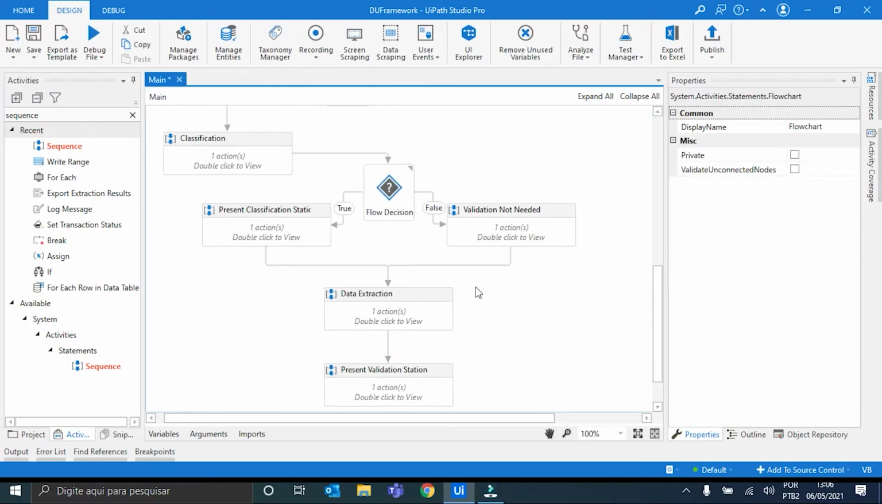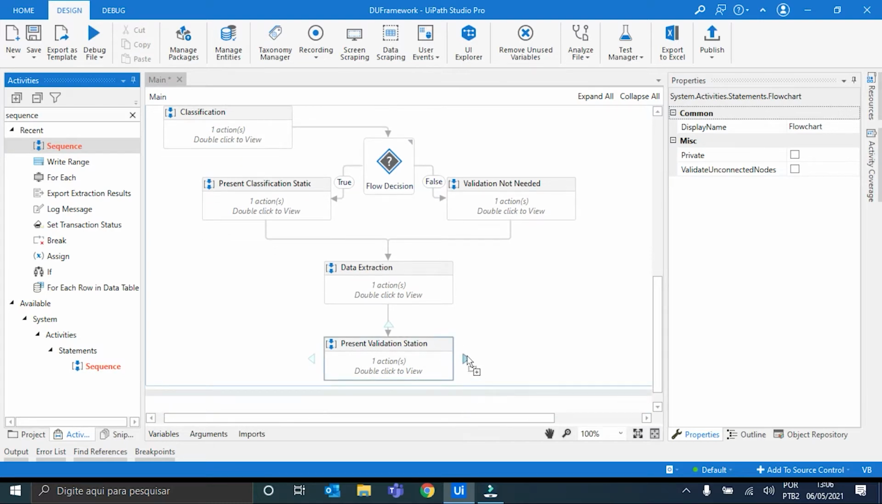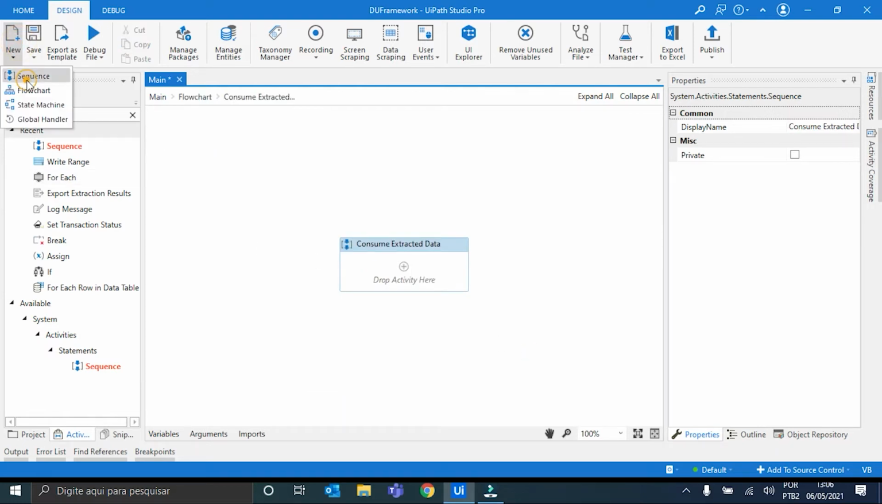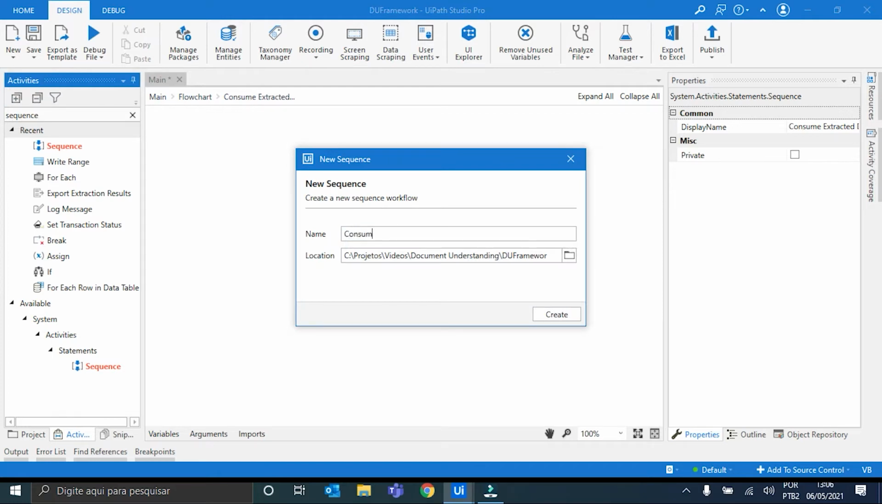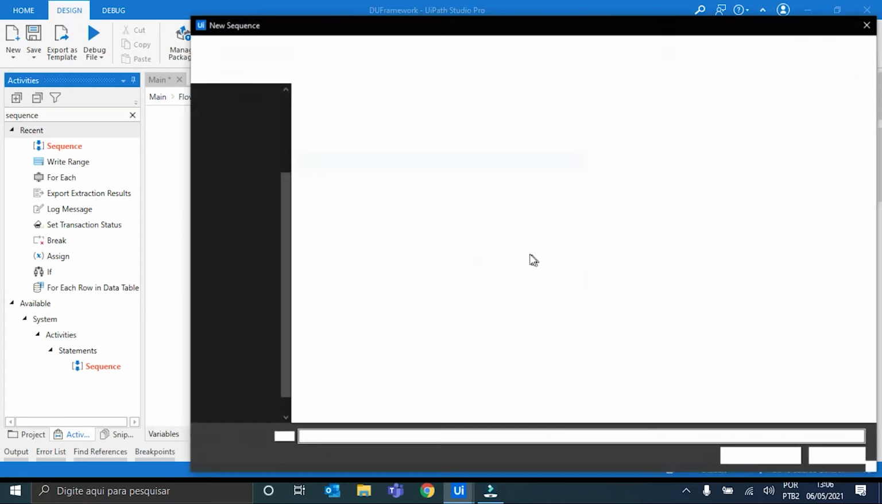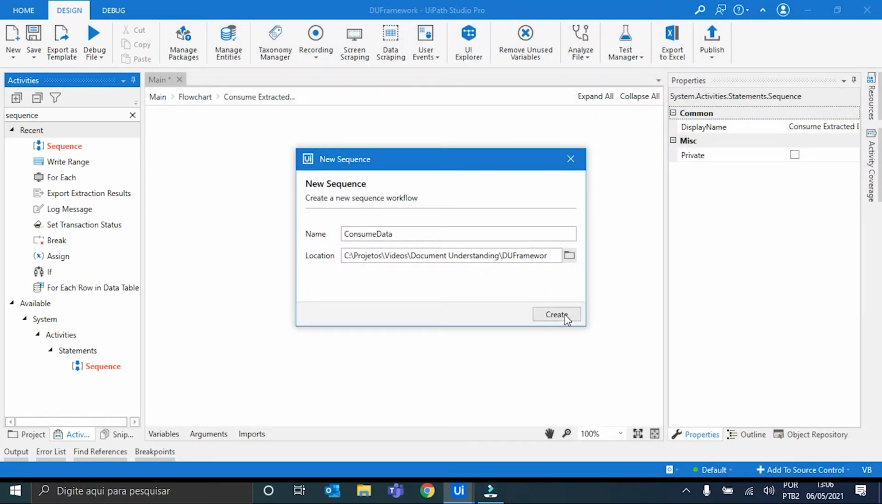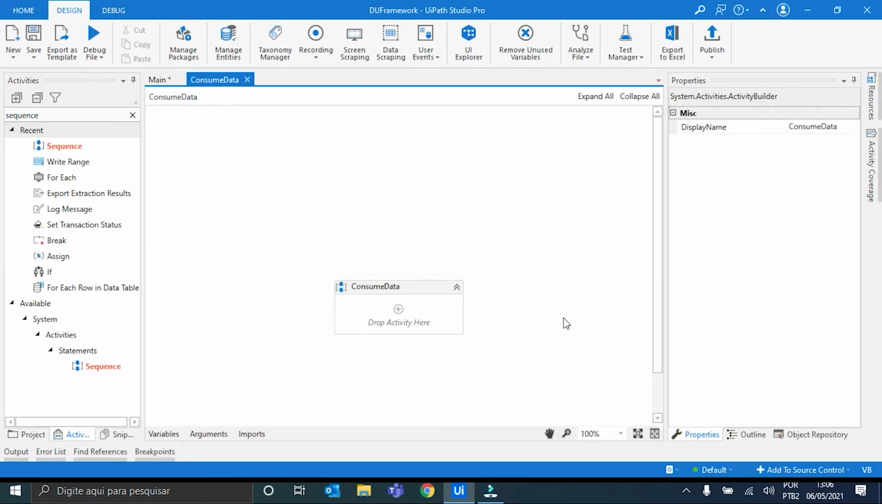Okay, I have here our document understanding framework from where we stopped from last video. And the first thing I'm gonna do is add a new sequence here after the present validation station. I will call it consume extracted data. And inside it, I will create our new workflow. I'll call it consume data and put it as usual inside the steps folder. Right, I hit here create, and with it created,